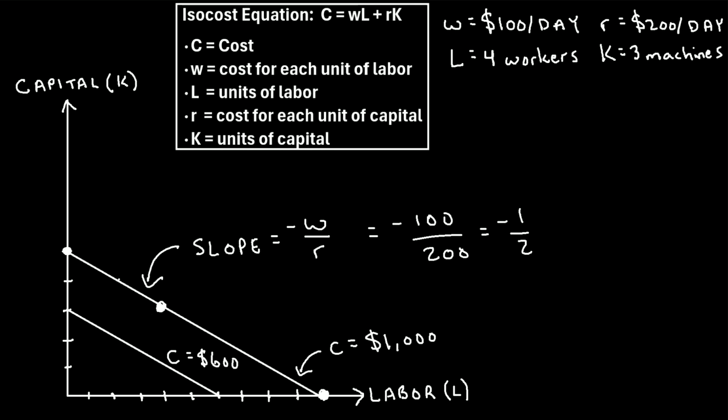Another way to frame that is that slope is rise over run. To go from this point on the isocost line to this point, we go down 2, so the rise is negative 2. And we go over 1, 2, 3, 4, so the run is 4. Negative 2 over 4 is the same as negative 1/2, which is what we just found. And we'll find that for every isocost line, even for this line right here, the slope is also negative 1/2. So that is the idea behind isocost lines in microeconomics.